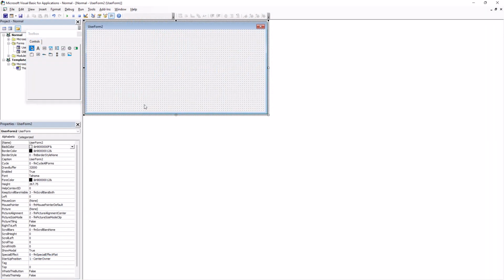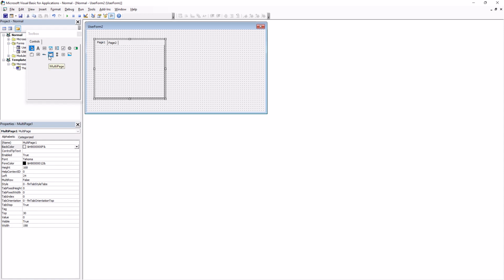To organize and categorize better, you could use multi-page. Note that we also have tab strip, which is similar to multi-page, but it has some differences. Allow me to show you quickly. If I click and drag to make a multi-page and one more for tab strip,